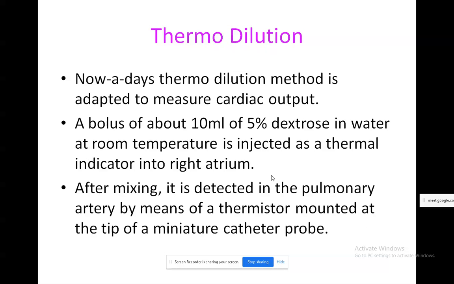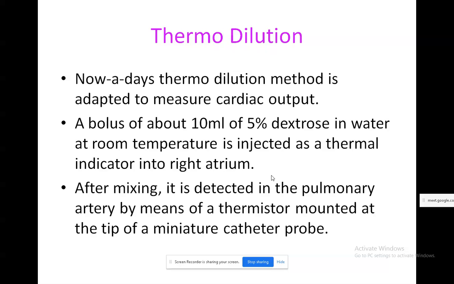The next type is thermodilution. Nowadays the thermodilution method is popular for measuring cardiac output. Here a bolus of 10 ml of 5 percent dextrose in water at room temperature is injected as a thermal indicator into the right atrium. We are going to inject the bolus at the right atrium, 10 ml of bolus with 5 percent dextrose. This thermal indicator is going to be mixed with the blood of the heart